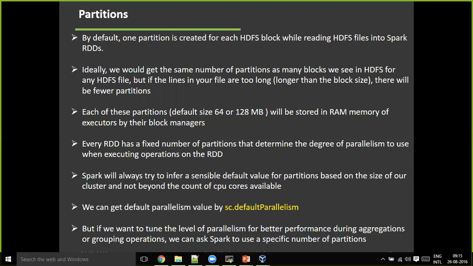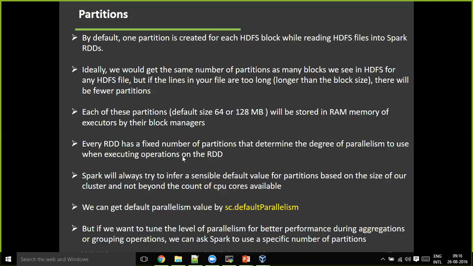We have an input split corresponding to an HDFS block. The difference between an input split and an HDFS block is that your HDFS blocks may get broken in the middle of a line, whereas your input split reads till the end of that line, even if it goes beyond that size, to have one complete line in the input split. Each of these partitions, with a default size of 64 MB or 128 MB, will be stored in the RAM memory of executors.